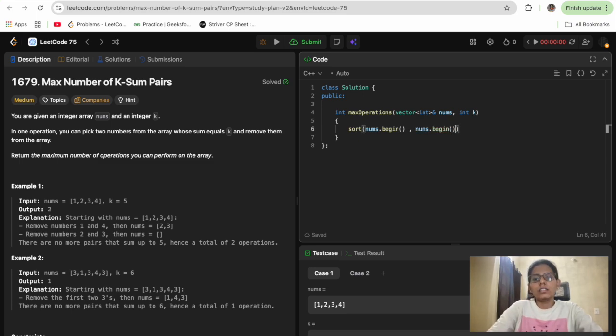And I will use the two pointer approach, left and right, where I'll add the left and right number, and if it is greater, then just decrease the right pointer, because I want a smaller number to get the sum equal to k. Likewise, if the sum is less, then increase the left pointer, because I want a greater number to get the sum k. And if it is equal, then